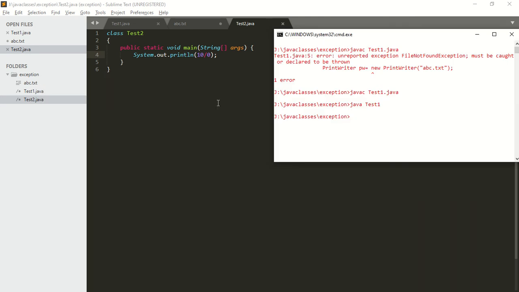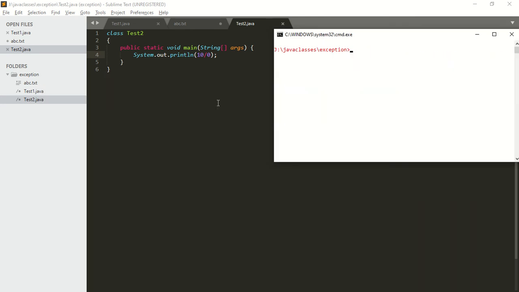Save the program, compile: javac Test2.java. You can see here at compile time, the compiler is not going to give any compile time error because ArithmeticException is an unchecked exception. The compiler will not check whether the programmer is handling these exceptions or not.